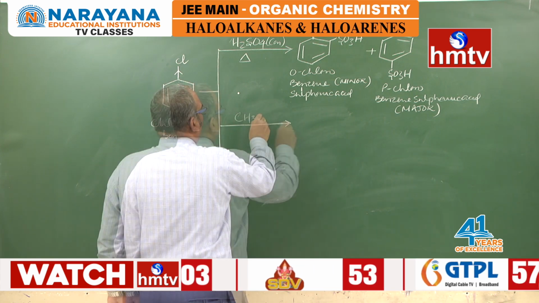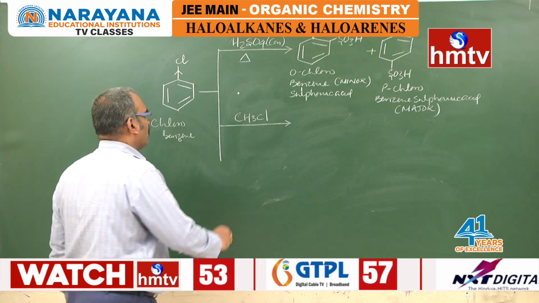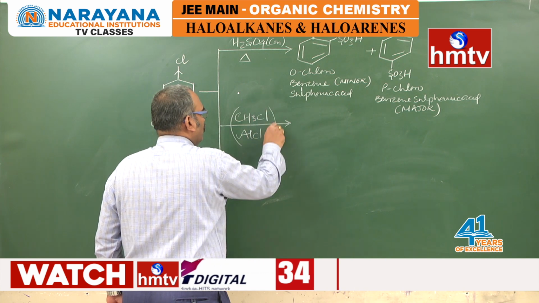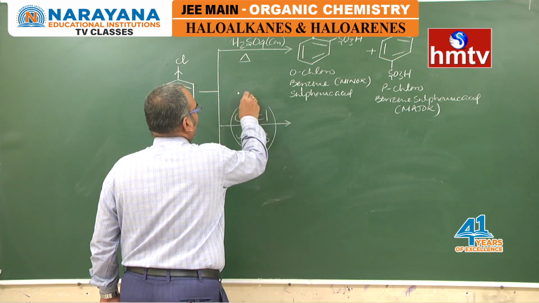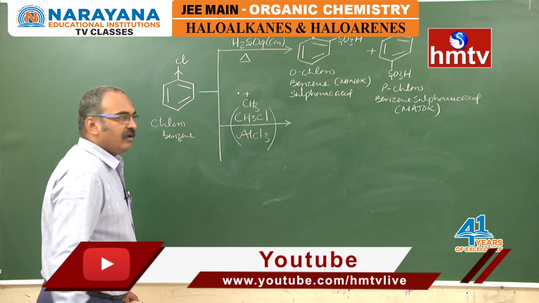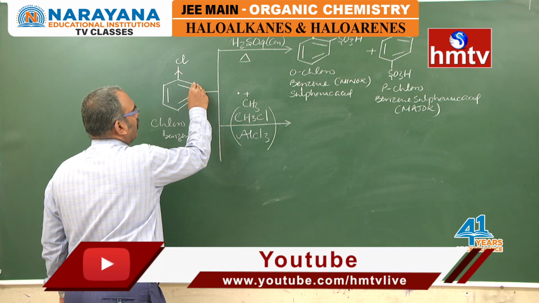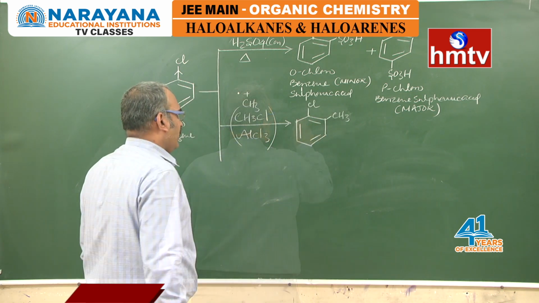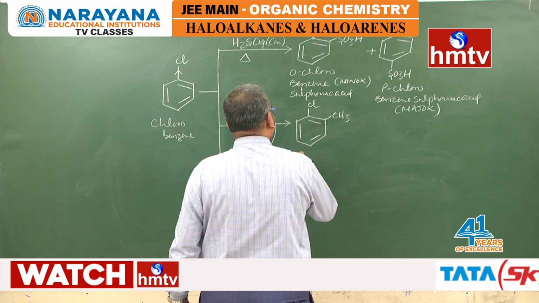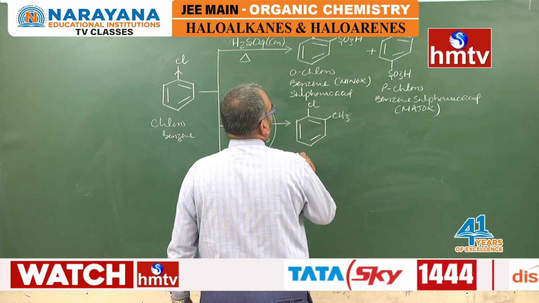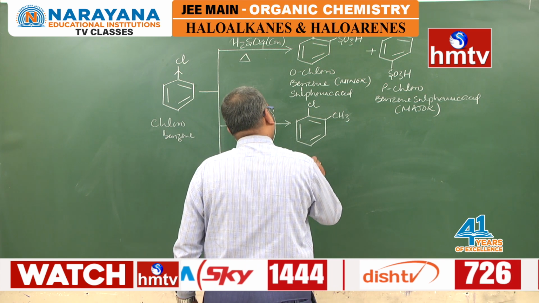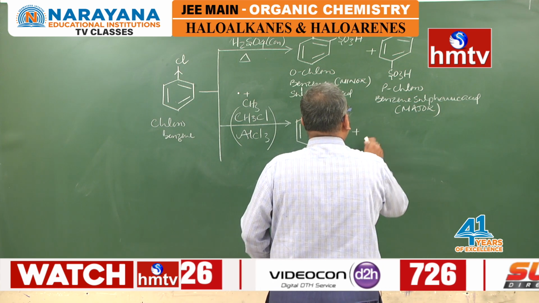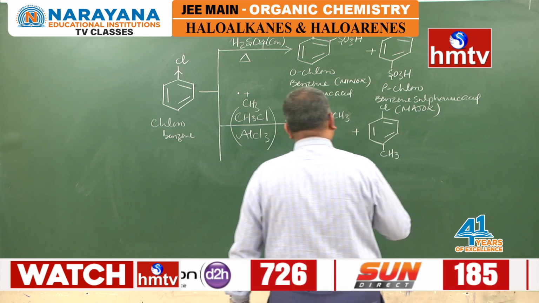After that, alkylation. Let us take methyl chloride and AlCl3. So this will provide you a methyl carbocation which functions as an electrophile. Now the methyl carbocation can go to either ortho position or para position. As a result of that, you will get orthochlorotoluene or 1-chloro 2-methylbenzene, orthochlorotoluene as minor product and parachlorotoluene as major product.